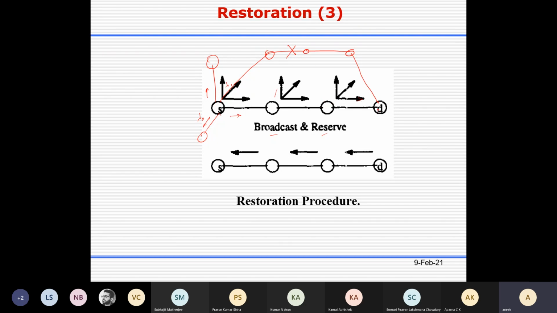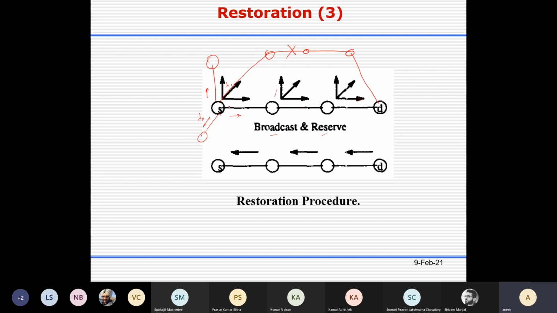Okay, and then the destination node will send the confirm message. And when the confirm message comes to the intermediate node, it will also send the message along the path, and it will also reconfigure its switch. Okay, but let's say this is reserved but it is not used.